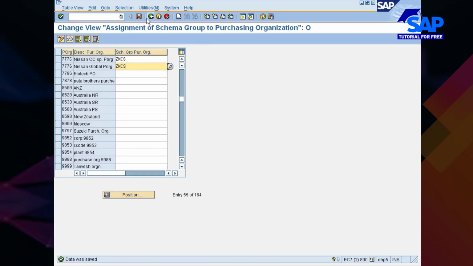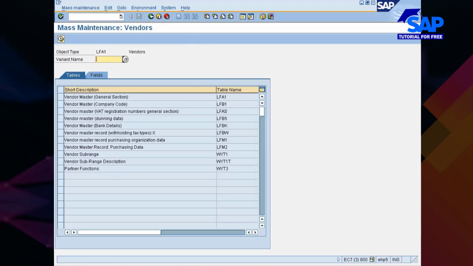Now after doing this, do you remember there is a transaction code called XK99, mass maintenance of vendor, isn't it? So therefore I go into purchasing view. Purchasing view is available in LFM1. It gets stored in the LFM1 table or maybe the LFM2 table. So I'll just go into table fields. I will look for schema group for vendor.